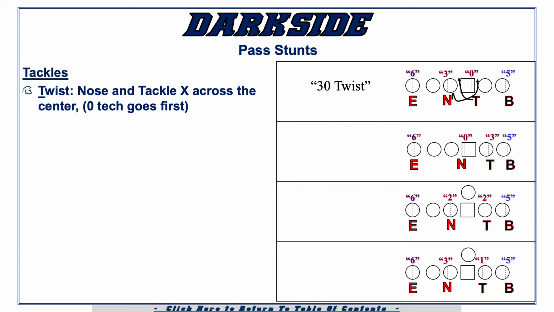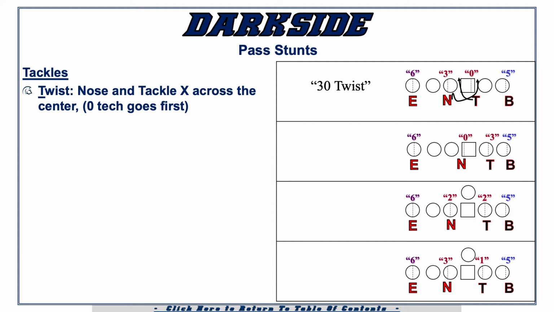Now the tackle's goal on this is to cross the center's face as fast as possible and to take him with them. It's illegal to grab his jersey, but it's well advised to do it. My recommendation would be to grab his jersey, take 2 steps, and then let go. Those 2 steps will pull him there and pull him out of place. And one of the purposes of that is this guard is probably not going to condense down when the center slides, so we're naturally going to create the gap that the nose is going to go through.